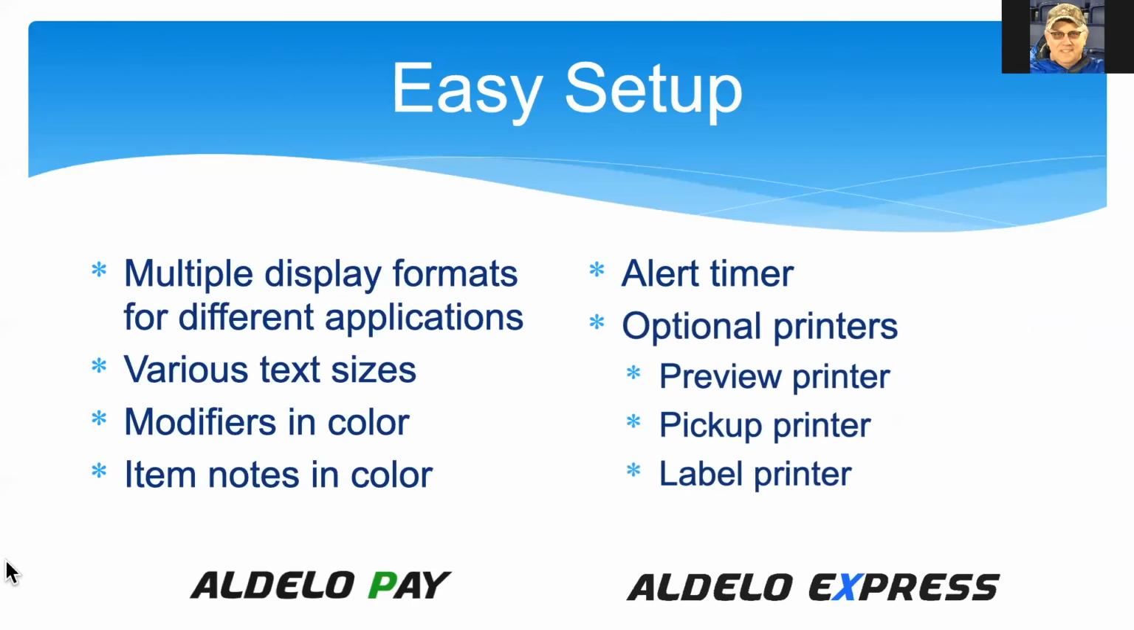And then you have optional printers: a preview printer, a pickup printer, a label printer. These printers can be an essential part of the system, not a backup for it. That's not why you have them, even though they could serve as that. Their primary function is when you have an order that you've prepared at